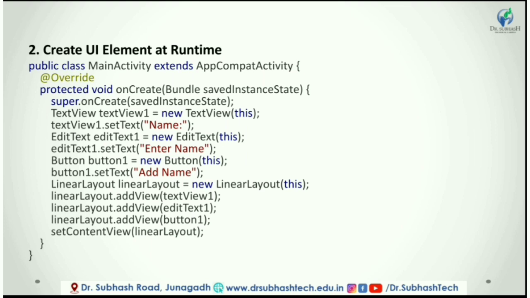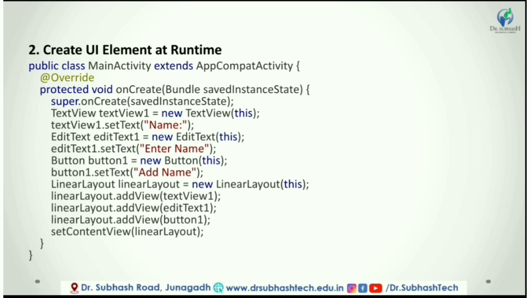The next way to define a UI is to create a UI element at runtime. If you want to create a UI element at runtime, we need to create our own custom view and view group objects programmatically with the required layouts.